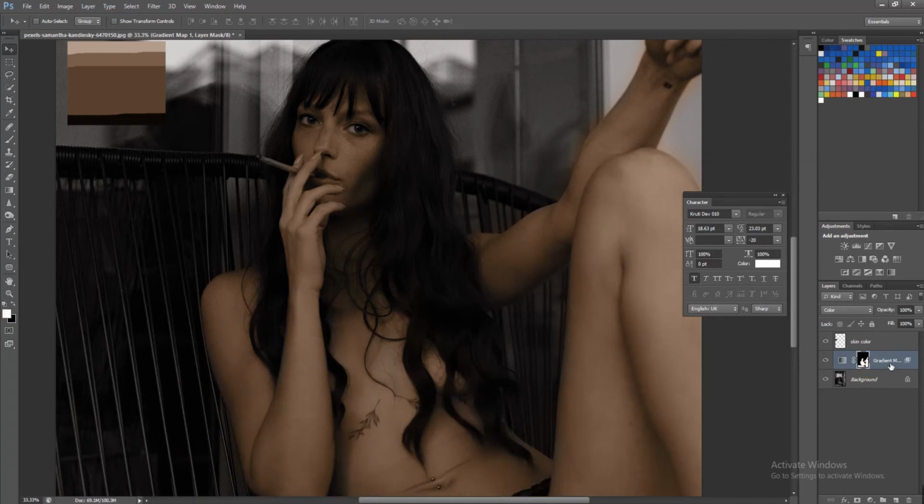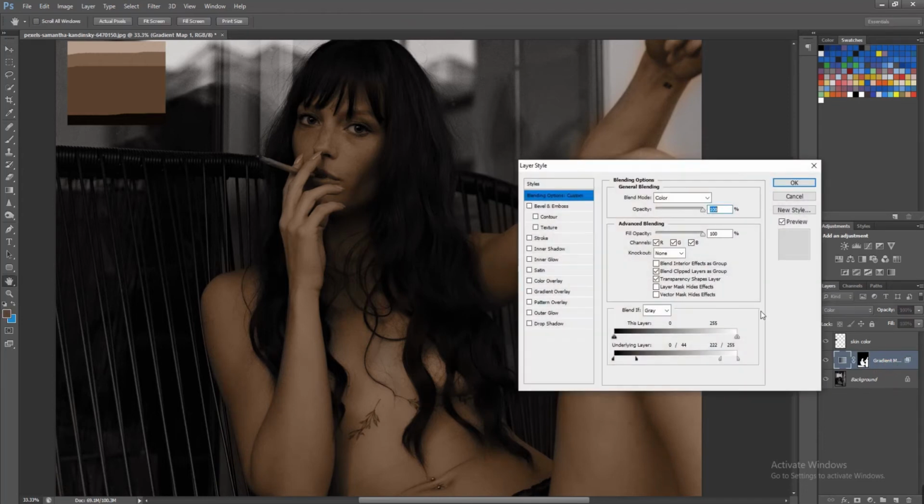Now select the gradient map layer and again go to the gradient map color slider window. Adjust the color tone little bit again.